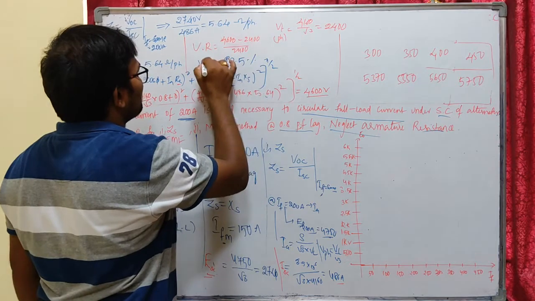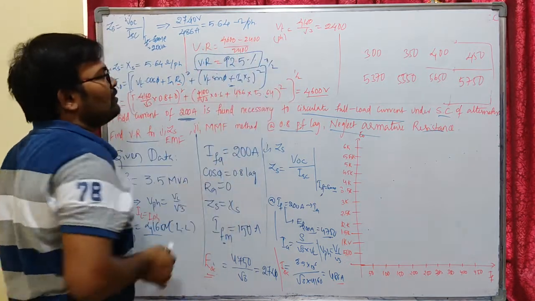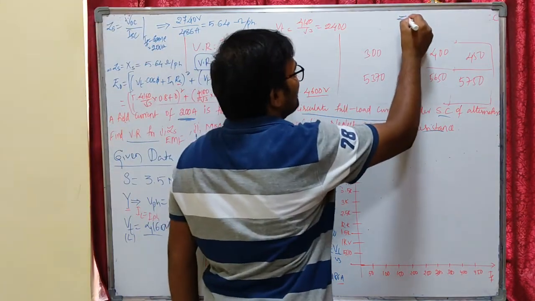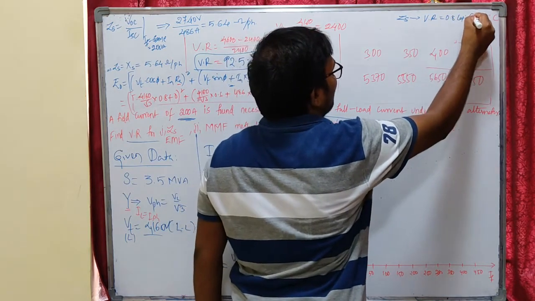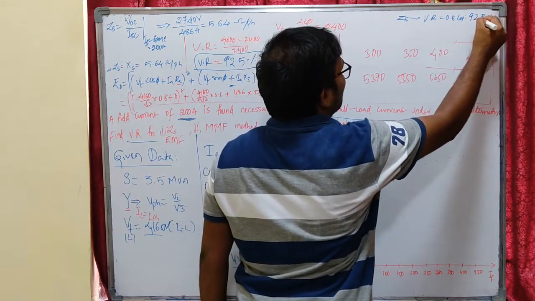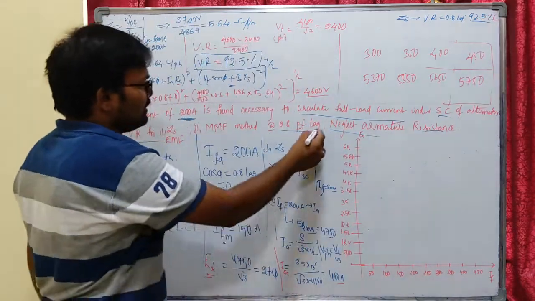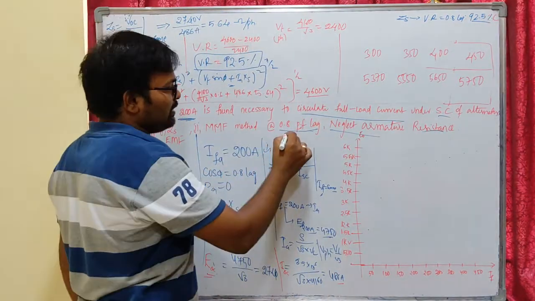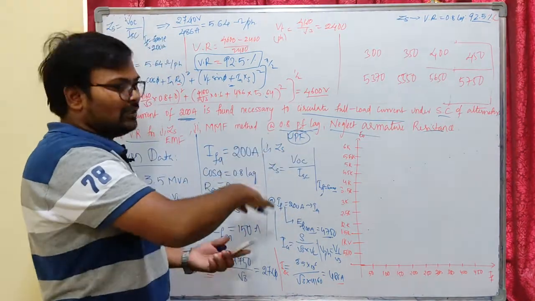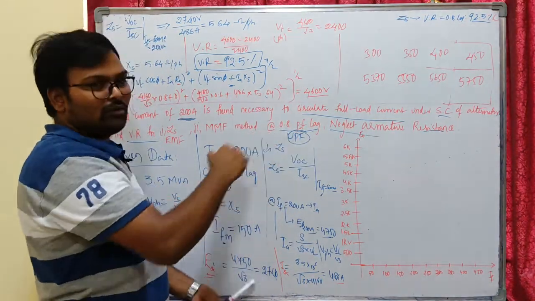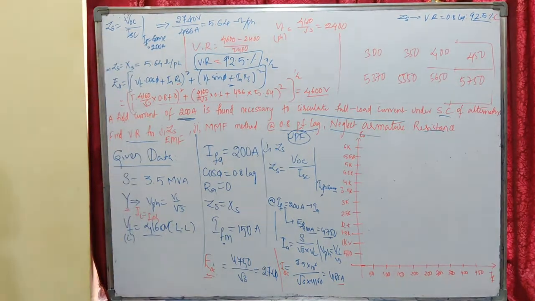92.5% is the voltage regulation for the synchronous impedance method. Okay, let us write it aside. For the ZS method, the synchronous impedance method, the voltage regulation for 0.8 lagging is 92.5%. It is very huge, right? Because the power factor is 0.8 lagging, which is very near to unity power factor. So we will be getting maximum rise in the voltage from full load to no load. So that is the idea. This is for the synchronous impedance method.